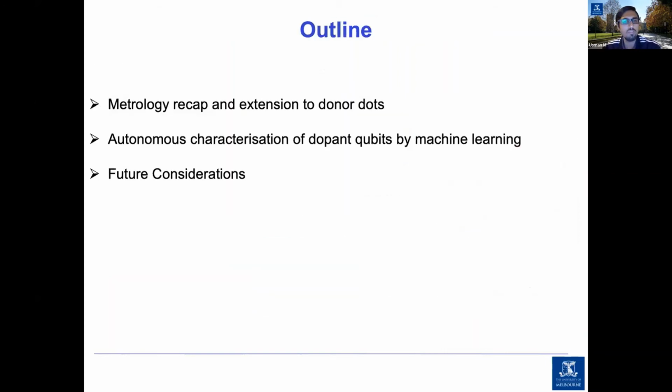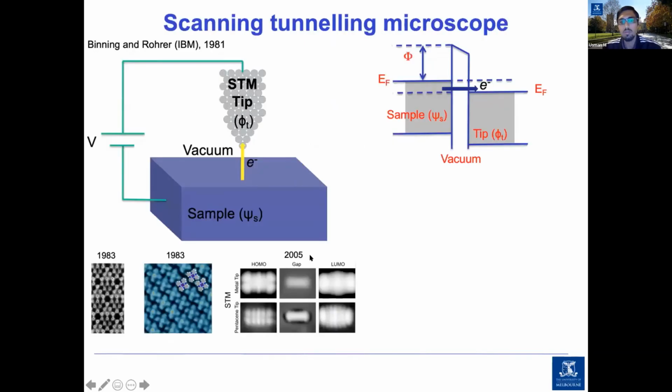So this is a brief outline of my talk. I'll give you a very quick recap of the metrology technique that we have developed to find the exact locations of the phosphorus atoms in silicon. Then I will talk about how we incorporated machine learning to automate the process, and then I'll briefly mention some future considerations. The way we have developed this metrology technique is again by using this STM tool, which is